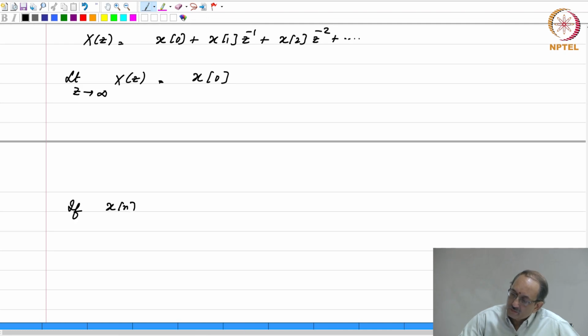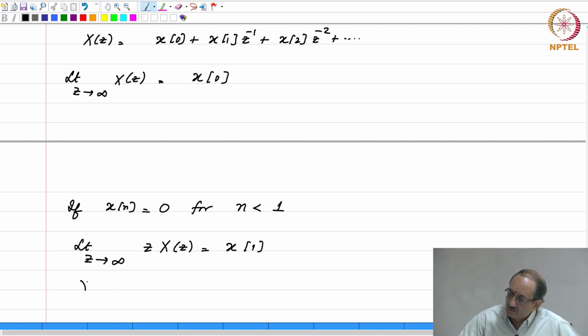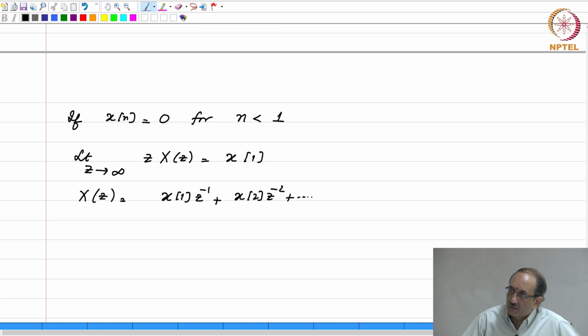Similarly, if x of n is 0 for n less than 1, then limit z tending to infinity of z times x of z is x of 1. Again, this is very easy to see, because x of z after all is x of 1 z to the minus 1, x of 2 z to the minus 2 and so on, because x of n is 0 for n less than 1. Therefore, z times x of z is this,